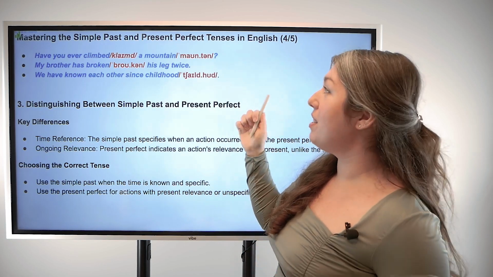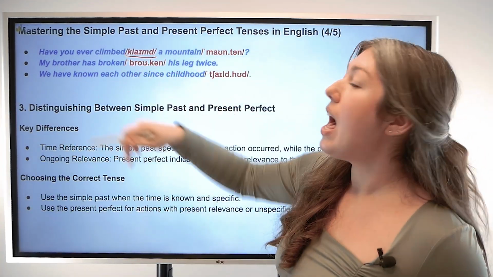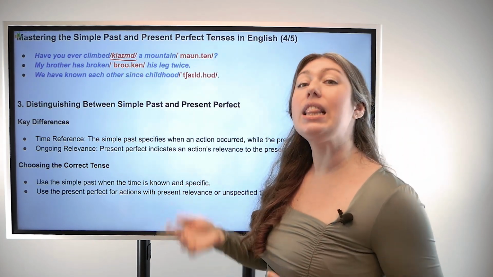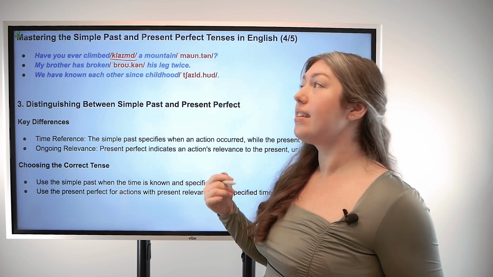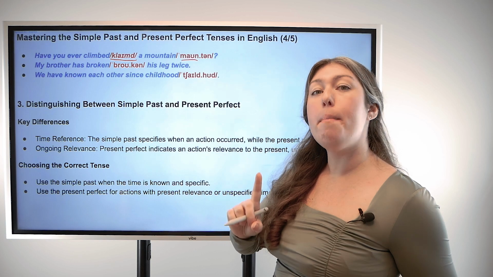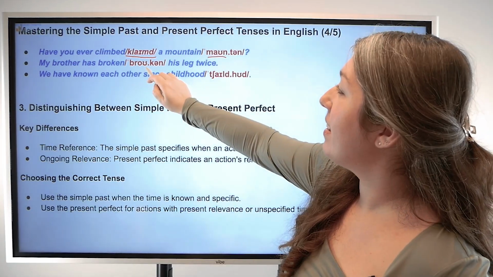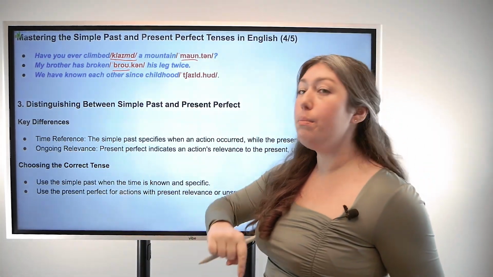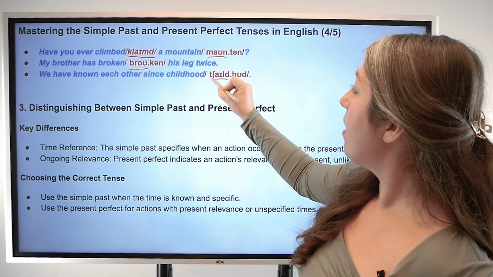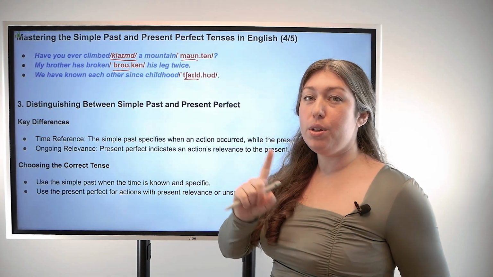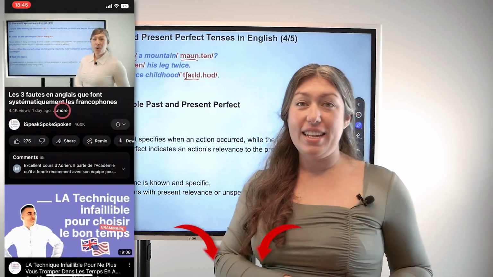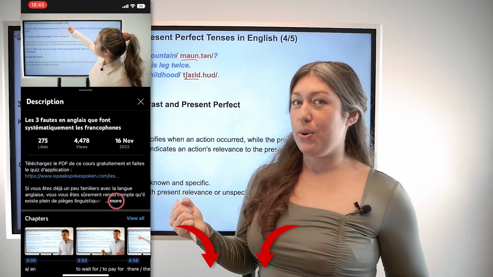And let's check our pronunciation. Climbed. Just one syllable, even though it has ED on the end. Climbed, climbed. And mountain has emphasis on the first syllable. Mountain, mountain. And broken, stress the first syllable. Broken, broken. Childhood, put the emphasis on the first syllable. Childhood, childhood. Good. And don't forget, you can download these slides and take a quiz at the end to make